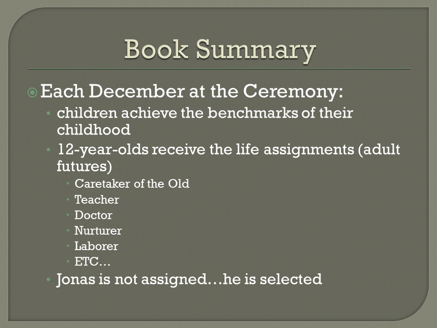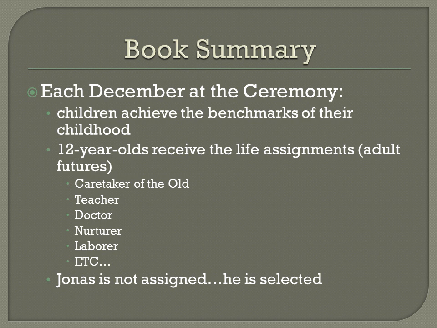Okay, so from age 1 to age 12, every year at this ceremony, a group of children will turn a certain age, and they receive some type of benchmark for that age. You have an assignment to do called the life assignment schedule, where for each age you will write down what happens to the children.